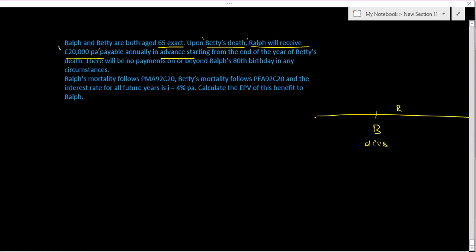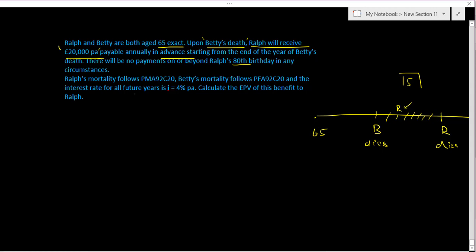Ralph will get paid, as long as Ralph is alive. So Ralph has to be alive, and when Ralph dies, the payments stop. That's the idea behind it. But there will be no payments on or beyond Ralph's 80th birthday. So they've introduced a fixed time bound condition: he's 65 right now, so 15 years later is your foundation time,